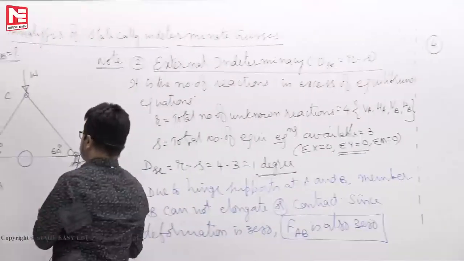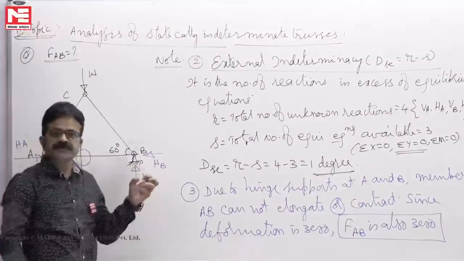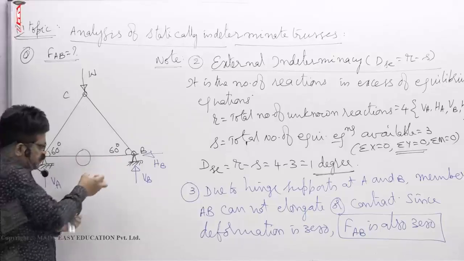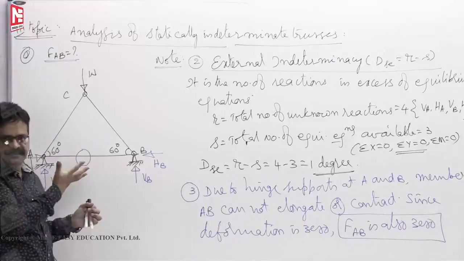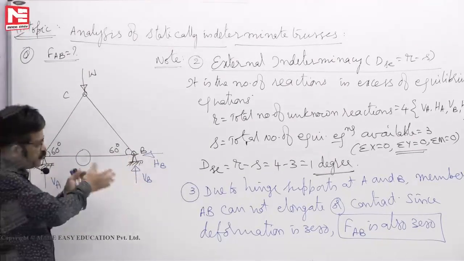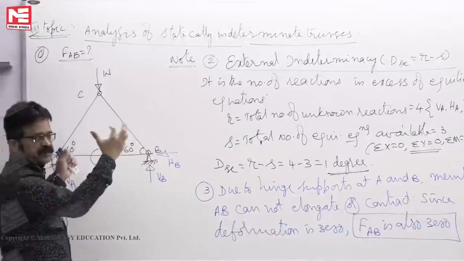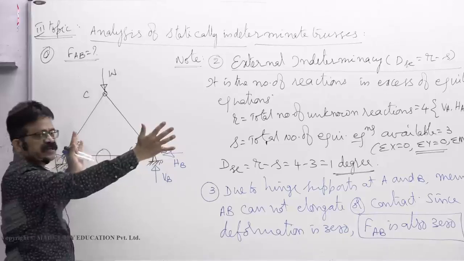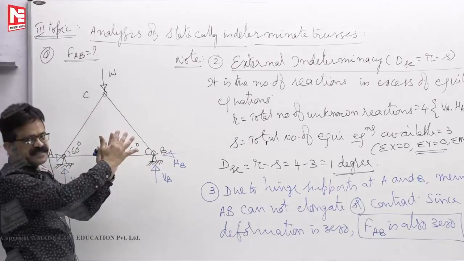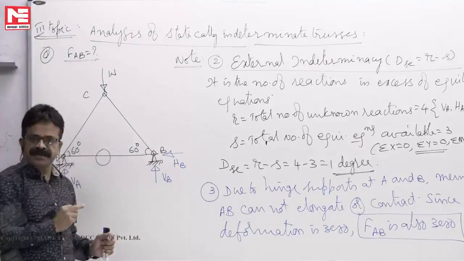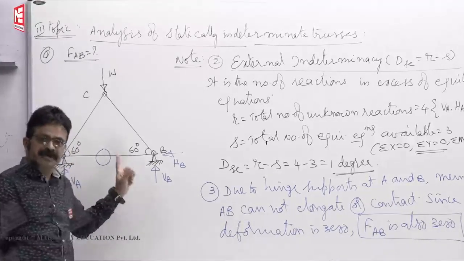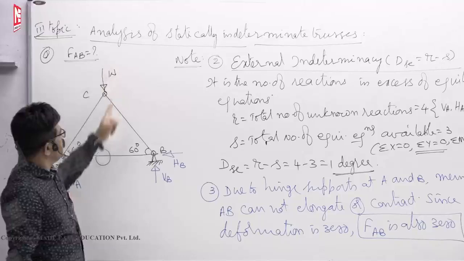Supposing that this member AB is subjected to temperature changes. Suppose only this member AB you are heating, say. If the pins are not there, it could have elongated, but now pins are not permitting. So they are fixed in position, it wants to elongate, pins are pressing it. Then it will be under compression. So due to temperature changes, AB member you can stress it, but otherwise due to applied loads it will not